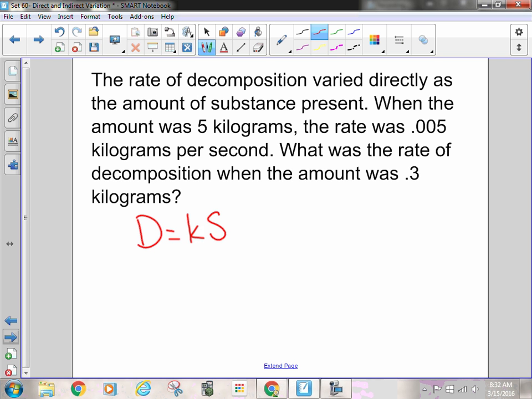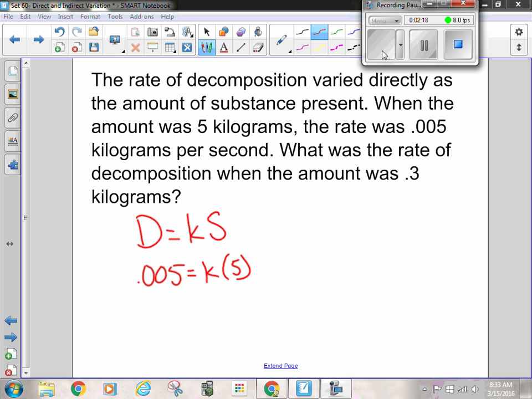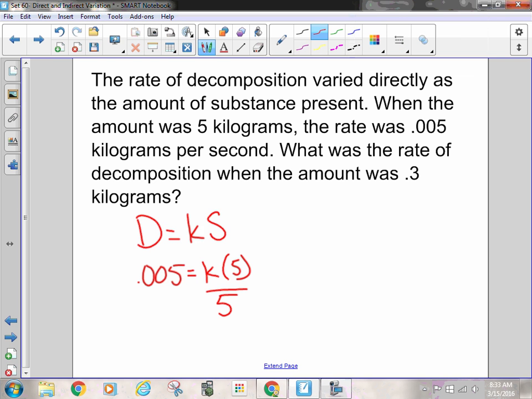Okay, when the amount was 5 kilograms, the rate was 0.005 kilograms per second. Okay, so the rate of decomposition was 0.005, and we need to find our K, and the substance present was our 5. Okay, so we are going to go ahead and divide both sides by 5. So my K equals